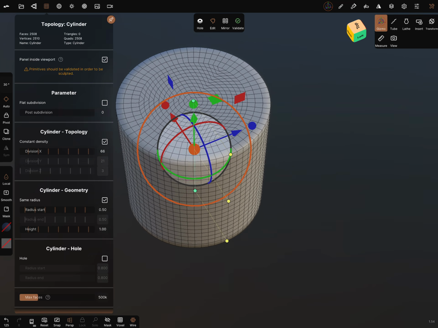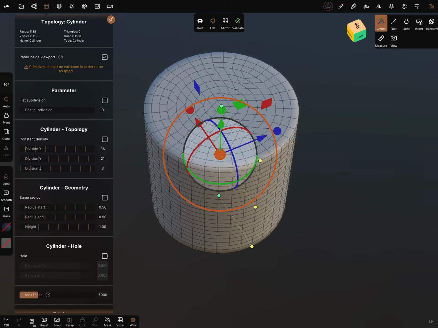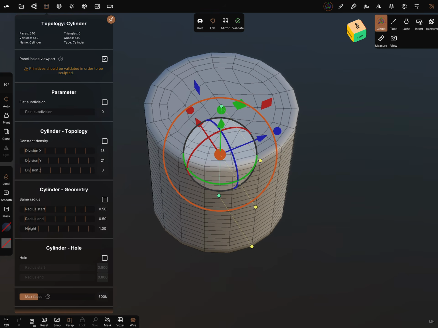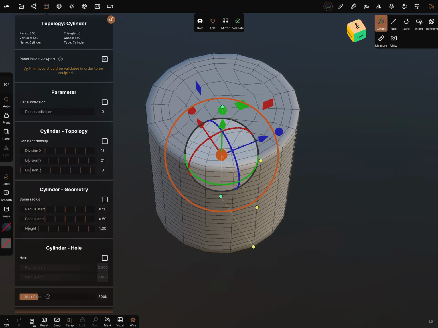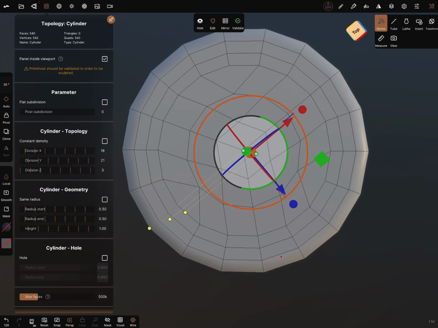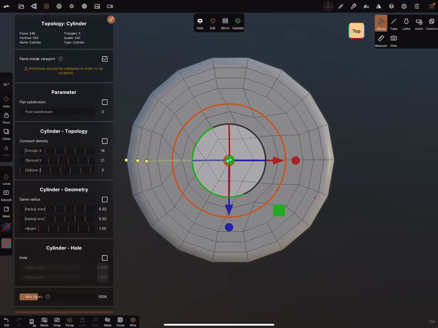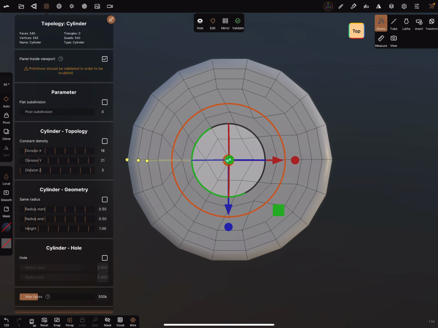And I adjust the topology and the geometry. The division is important for the blades, how many blades we need.